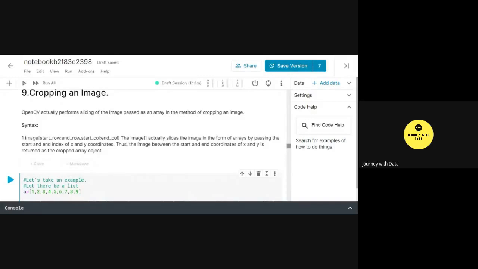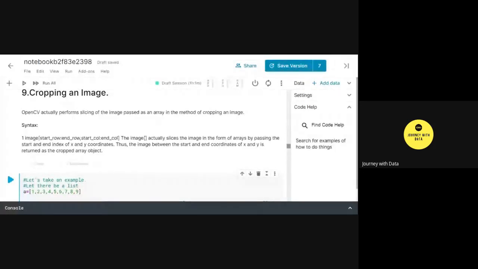In Python, if you are aware that whenever you are retrieving an element, you will have to use the accessor methods that I am using up till now in my code, for example, to pull out the 0th index, to pull out the first index, I'm using the particular method, and then 0, 1, and so on, that particular index. So cropping also behaves in the same manner. If you just visualize, cropping is nothing but just a slicing, taking a piece out of an image. That's the main intent behind cropping, which is nothing but slicing.